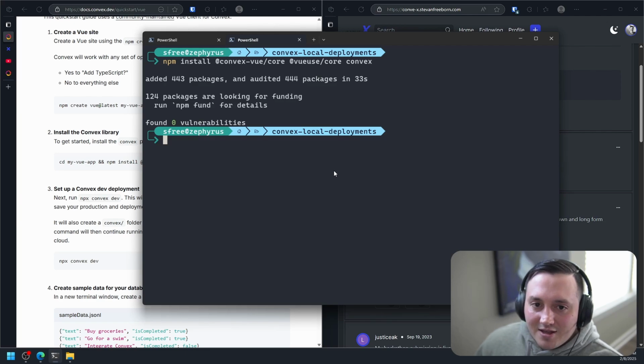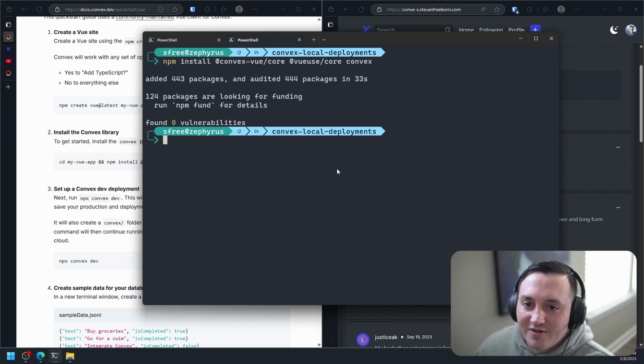But then there are two limitations. One, you're stuck using their cloud, and when you're using the development stuff, it's counting against your usage. And then let's say you don't have access to the internet, or you're working somewhere where you don't want to be connected to the internet, then you can't really develop your app, because you can't talk to that development project. Which is where the local deployment comes into play.